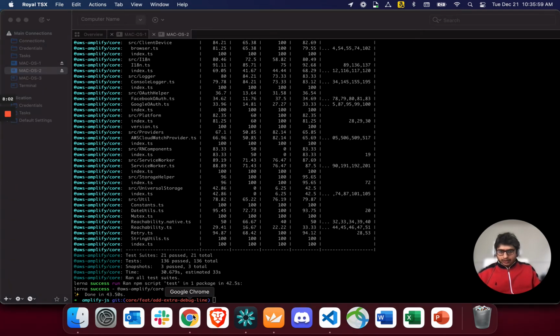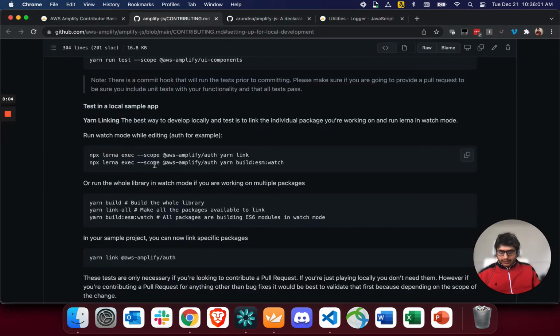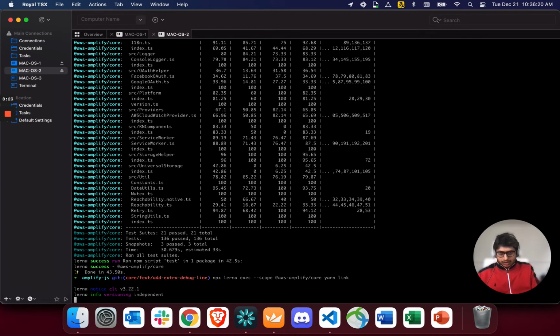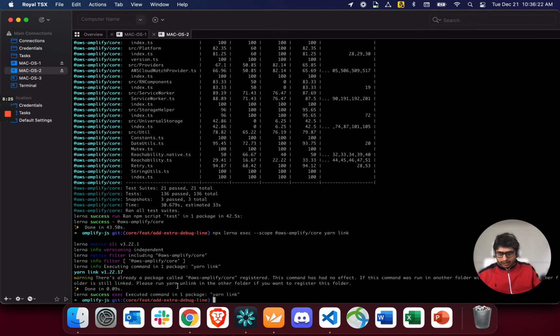All right, so let's go back to the contributing guide and then see how we can test this. The best possible way is to test it in a local sample app. And what we'll do is go ahead and link this. And again, do not forget to change the category that you're working on. The examples give you the auth category, but in this particular case, I'm going to create a yarn link, and now it says that